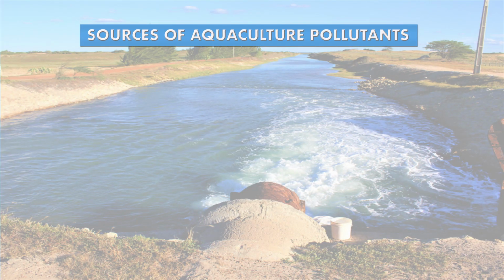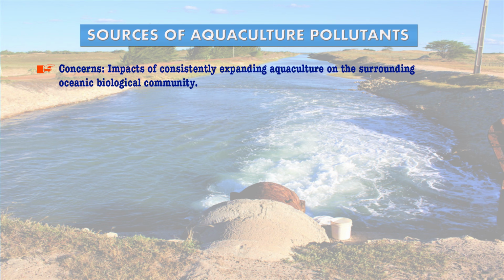Sources of aquaculture pollutants. Now the concerns: the impacts of consistently expanding aquaculture on the surrounding aquatic ecosystem. This is one of the major impacts, because when we are doing aquaculture on a large scale, it is possible that we are giving some fish feed, and then we are also using some kind of nutrient enhancers for growing these fishes. So all this can pollute the ocean environment, the pond or the lake ecosystem, and subsequently that can also have impacts on the surrounding aquatic ecosystem, because in that area there may be other occupants, there may be other fishes or other marine organisms which are inhabiting those waters, and they can be indirectly